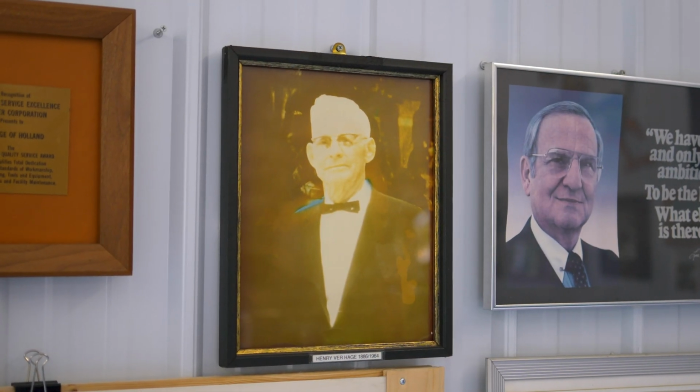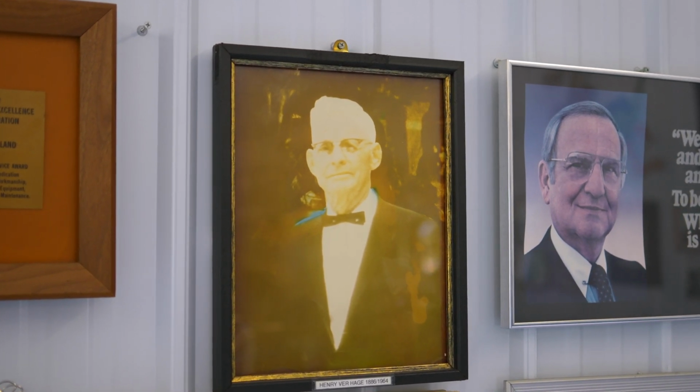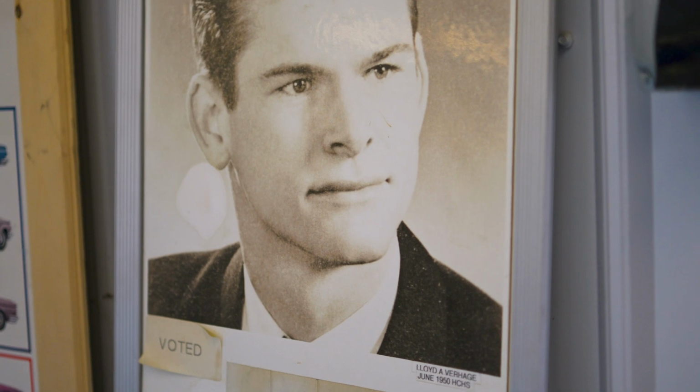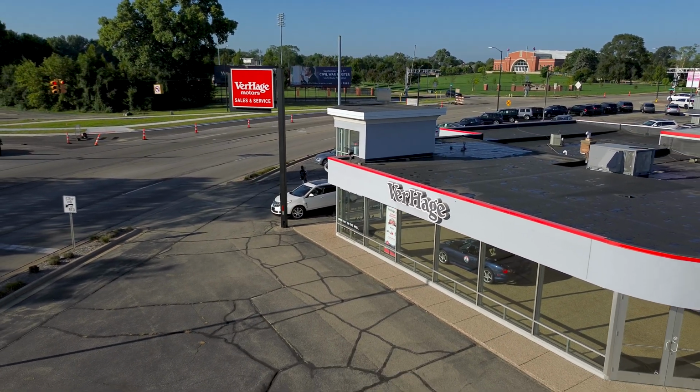I'm a third generation automobile dealer here in Holland, Michigan. My grandfather, Henry Verhaeg, began in 1914 selling Maxwells and Chalmers in Hudsonville, Michigan, just a short 15-mile drive from here. He had 5 children, all boys, that all went into the business, and my father was Lloyd, the youngest of the 5 boys, and he came to Holland and bought this dealership here in Holland 60 years ago in